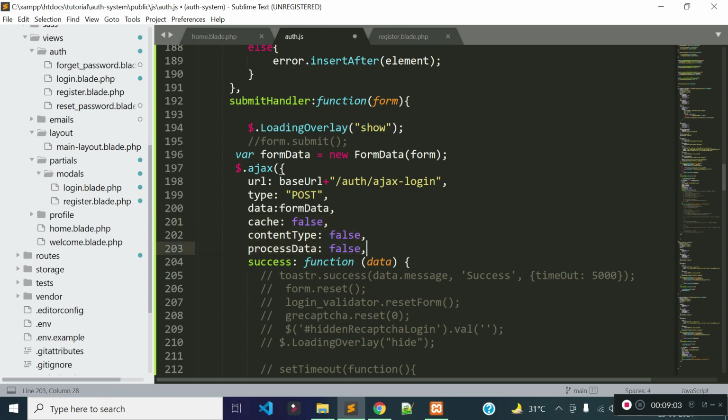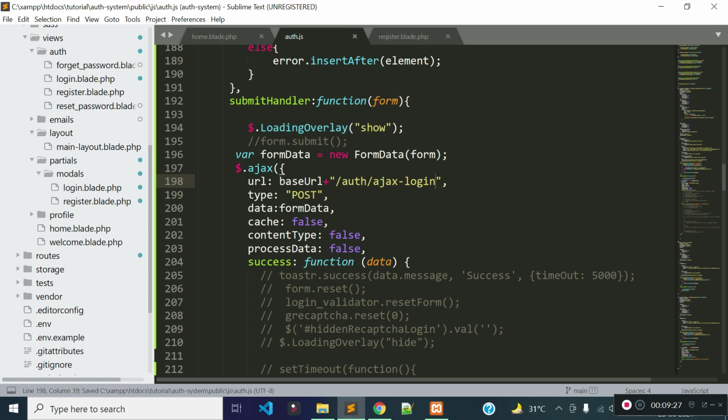If you want to pass you can pass, or if you do not want to pass just leave it blank, okay? So what we need to do, we need to provide a URL, right? This is the URL for the Ajax login, but we don't have any URL for Ajax registration, right? So we need to create a URL, right?